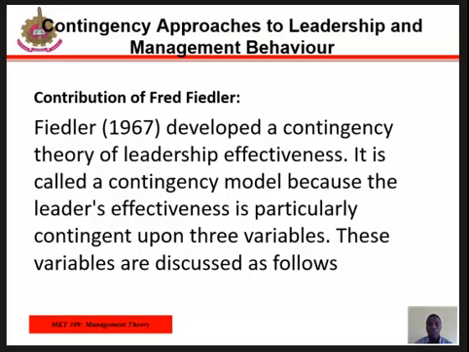The second variable is the task structure, the degree to which the task is structured or unstructured. The more the task is structured, the easier it is for the manager to lead and get compliance from his group. In contrast, unstructured tasks call for more creative leaders and make leading much more difficult. And the last variable is the leader's position, that is, the leader's formal power provided for that position by the formal organization. The more power a manager has to reward or punish, the more influence he will equally have.